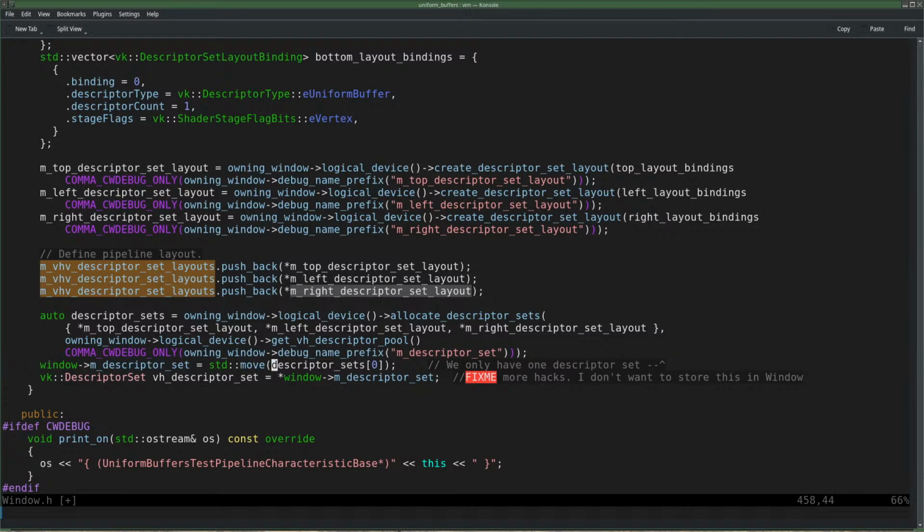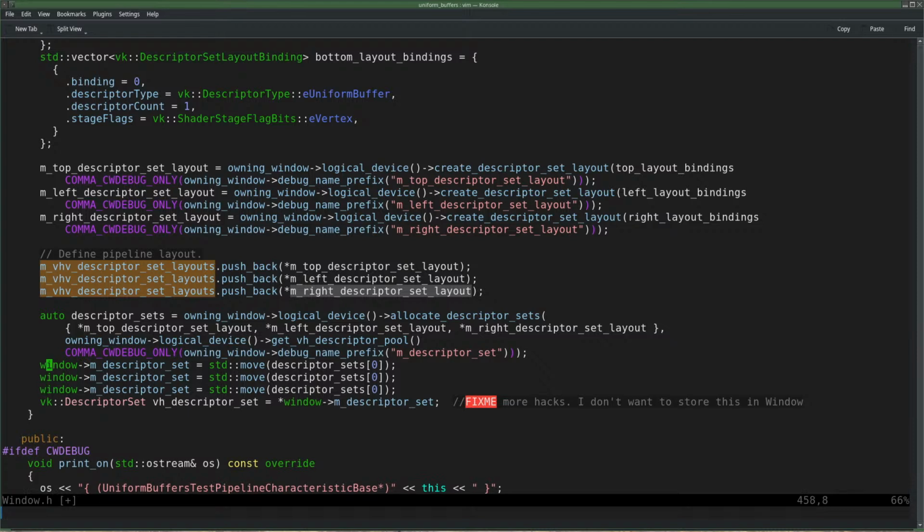Now we have 3 descriptor sets instead of 1. And I put them in that order, so that would be like that.